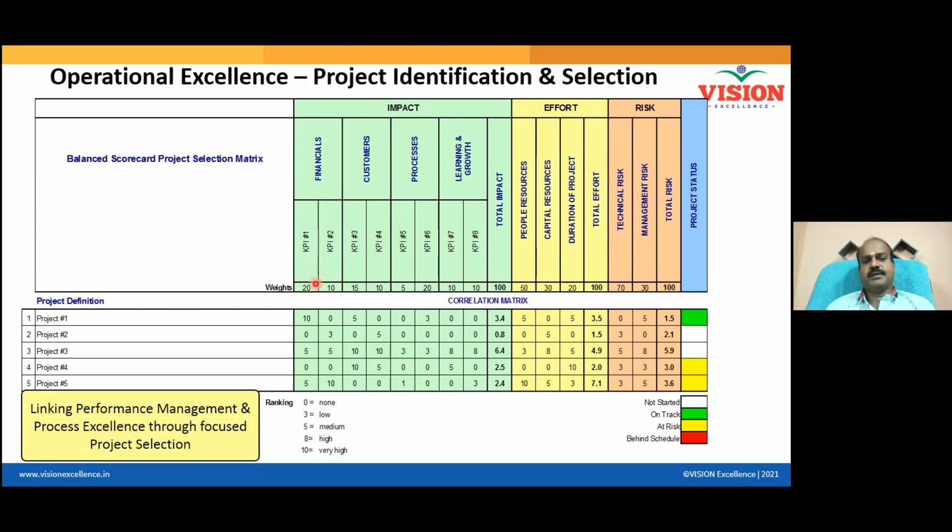For example, I want to maximize the profit. The first KPI is I want to maximize the profit. The second KPI is I want to improve the revenue, right? And something like that. The third one could be my operational cost, something like that. Now for each KPI, how much weightage do you want to give? 20%, 10%, it goes like this. Finally, the total is how much? 100%, right?